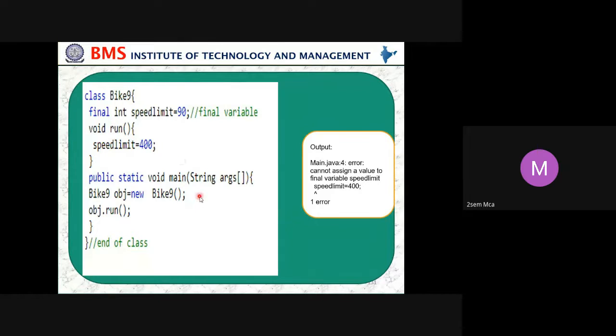This program will give an error because we have declared speed limit as final, so this 90 cannot be changed. That's the reason it has an error.